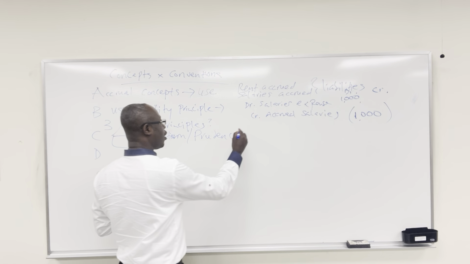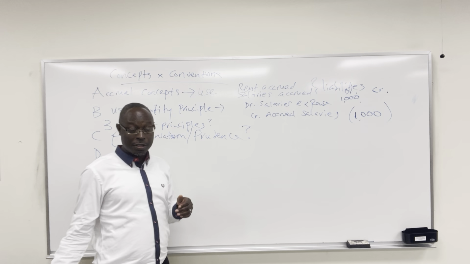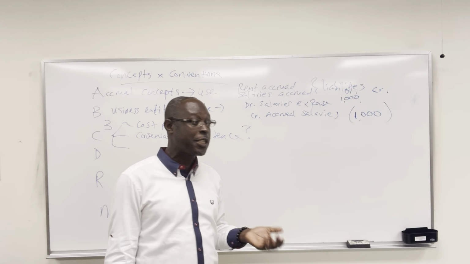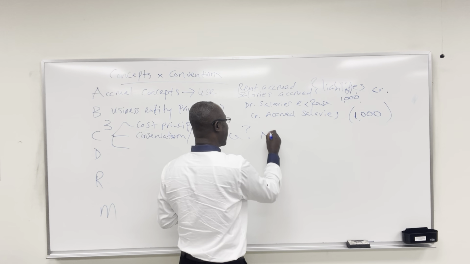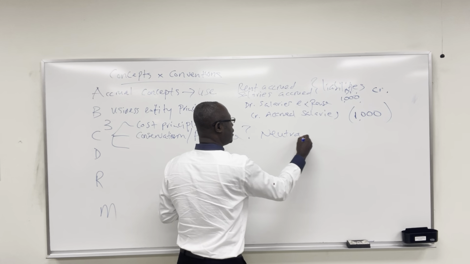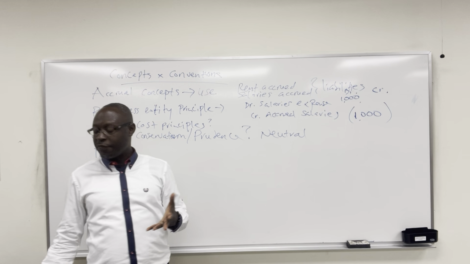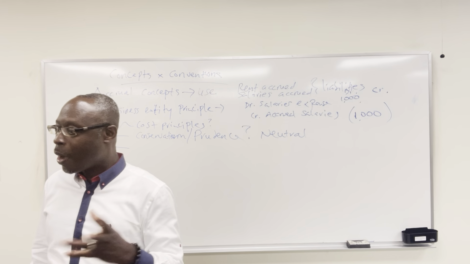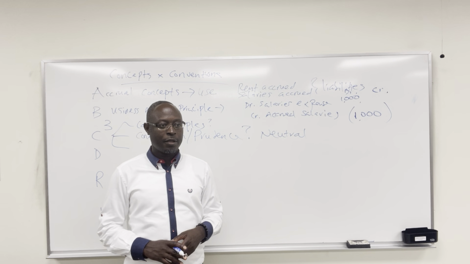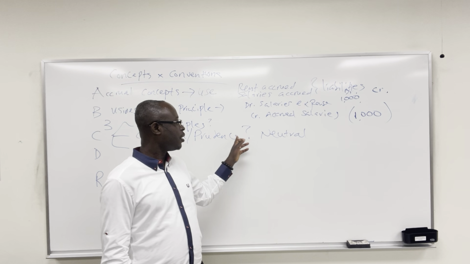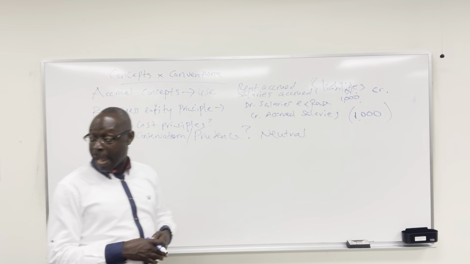This principle is also dying because we have actuaries and finance people who came and said, no, this is not good. You have to be neutral. You cannot be conservative. Instead, we want you to be objective and neutral. Tell me what the value is. Don't try to tell me whether it is low or high. Does that make sense? So this principle is also on its way down.